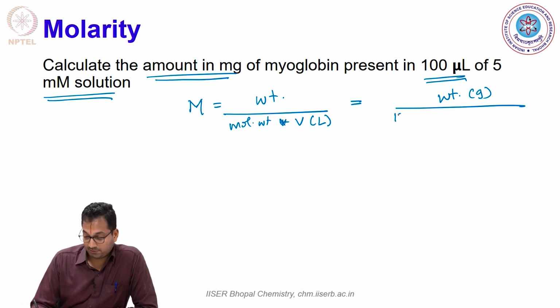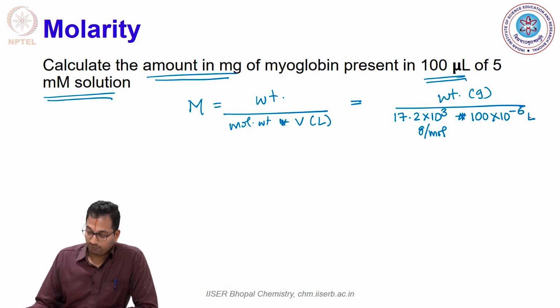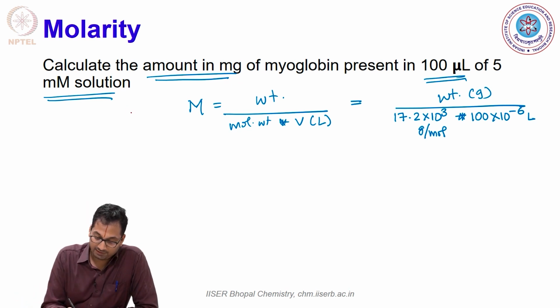We just learnt it is 17.2 into 10 to the power of 3 grams per mole times volume of solution in liters. It's 100 microliters. So therefore, the way to determine how much weight is present, and remember the left hand side is 5 millimolar. So therefore, the weight in grams of myoglobin